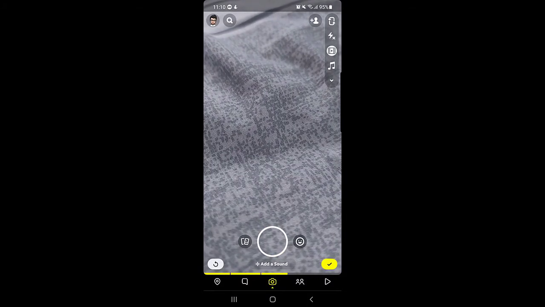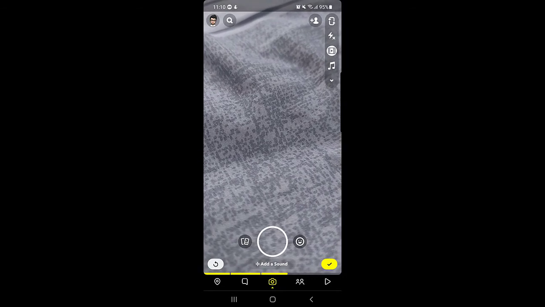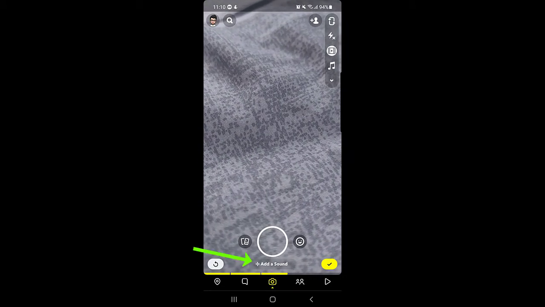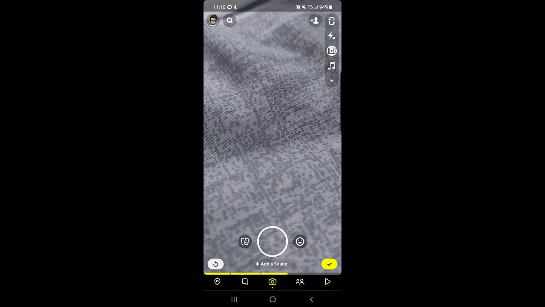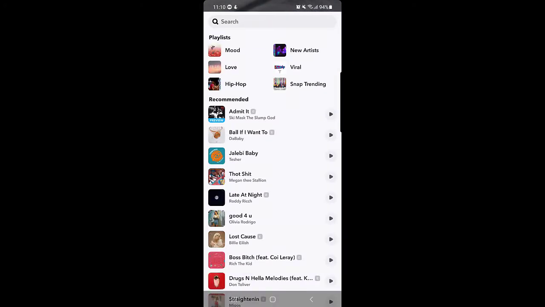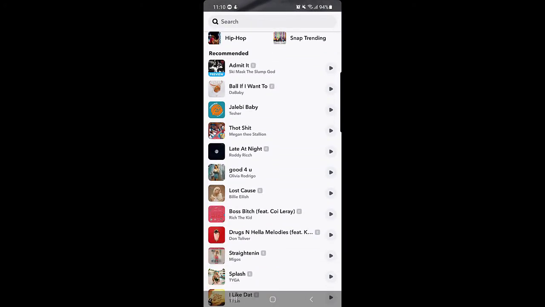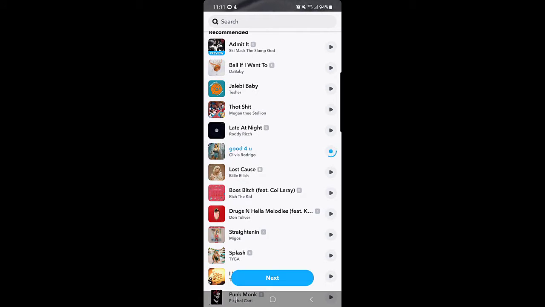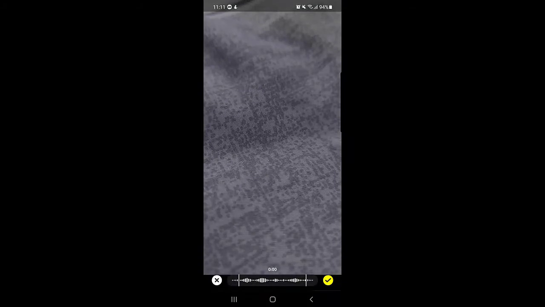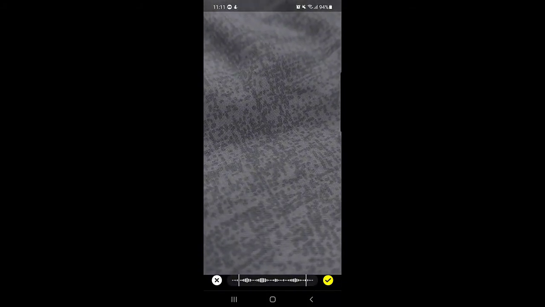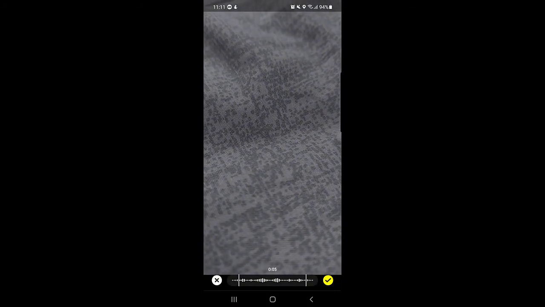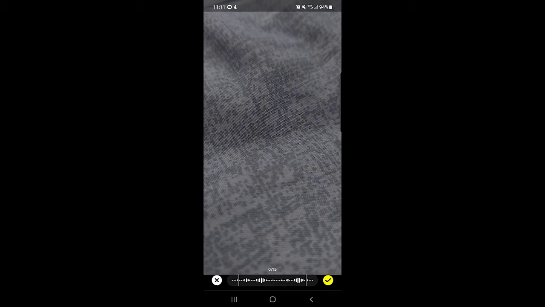Once you are done, the next thing is that you can add music as well. As you can see, add sound, you just need to tap on add sound, and you can select any sound from here. I will tap on this one, and then I will tap on next. Now the sound has been added to the video. The next thing I can do is select the specific part of that audio file that you want. You can just scroll it to the left or to the right, and once you have selected the right part,